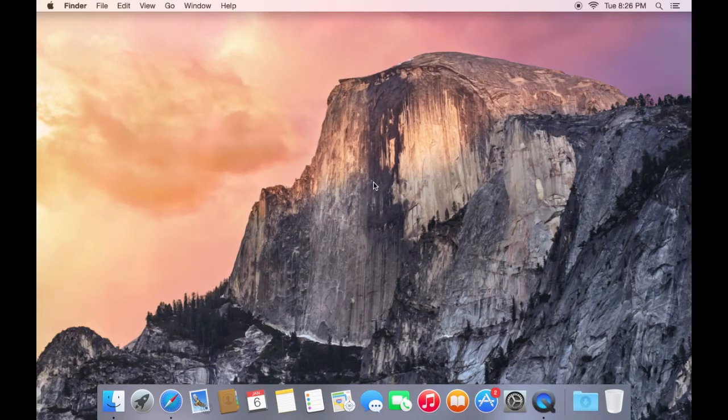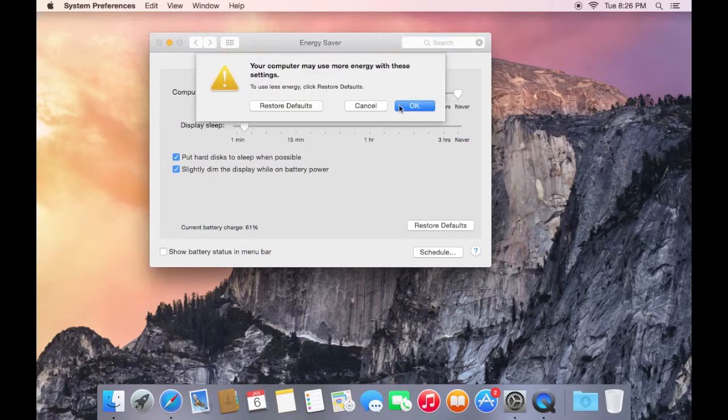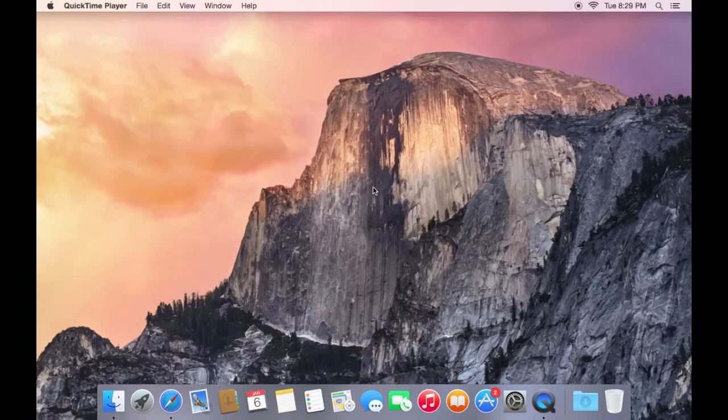In addition to this, it is recommended to configure your future server to never sleep. Go to System Preferences, Energy Saver, and drag the computer sleep slider to the most right position. Click OK. Open the App Store,